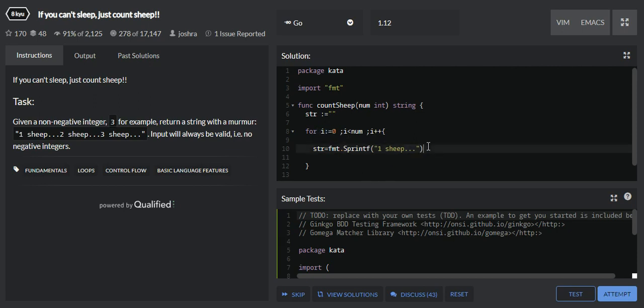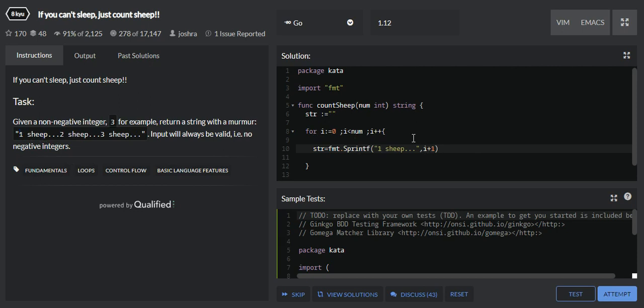Here the i value is changing every time the loop iterates. So I can have this number as comma i plus 1, because the count here starts from 1, but in our for loop i starts from 0. So I am just adding 1 to it so that my sheep count will be 1, 2 and 3.